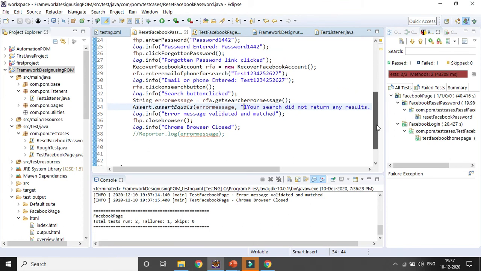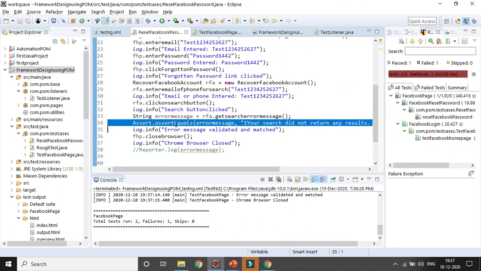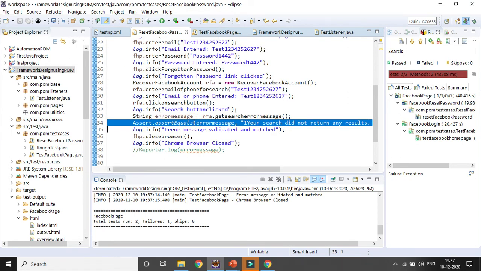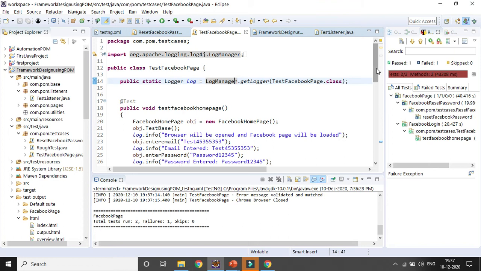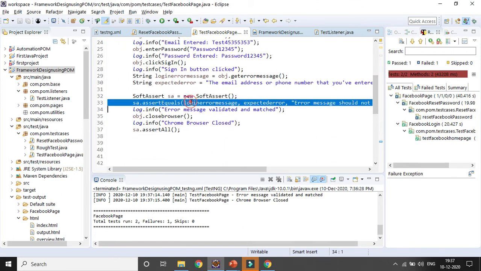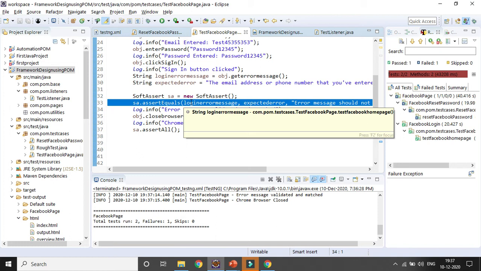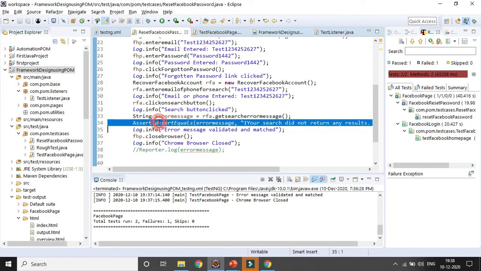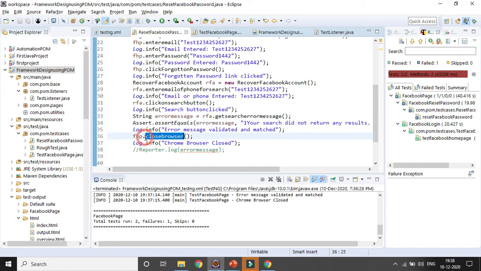Because we are using the hard assertion. In case we are using soft assertion, that method will be executed, but as we are using hard assertion, it is stopping there. In the other part, we have used soft assertion. I already covered in my previous session the difference between soft assertion and hard assertion. Hard assertion means whenever there is an error, the remaining lines of code for that particular test method will not be executed. But in case of soft assertion, where we end with the softAssert.assertAll method, the remaining lines of code will still be executed. So that is the difference. As here is a hard assertion failure, the browser is not getting closed, that is the reason the next method is not getting executed and the browser is still open.